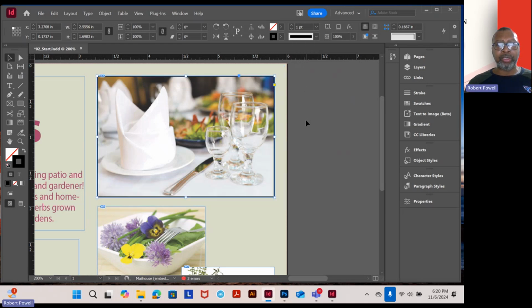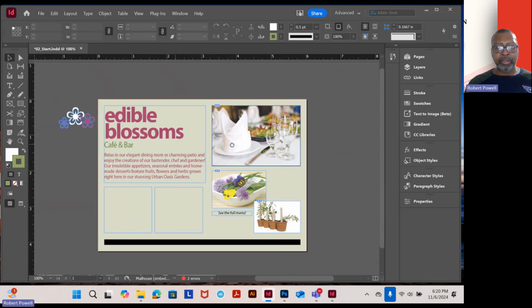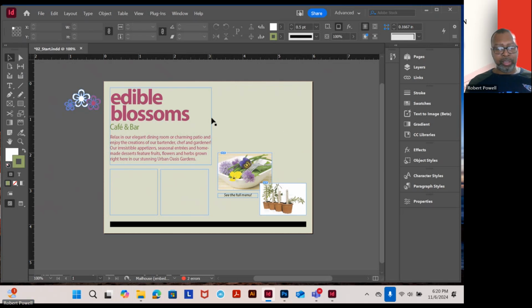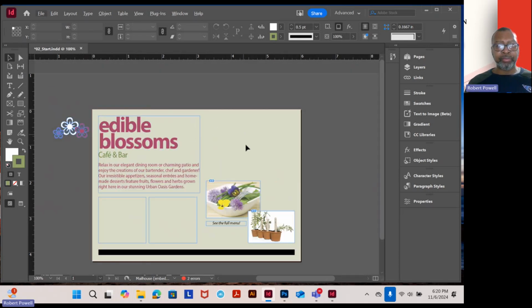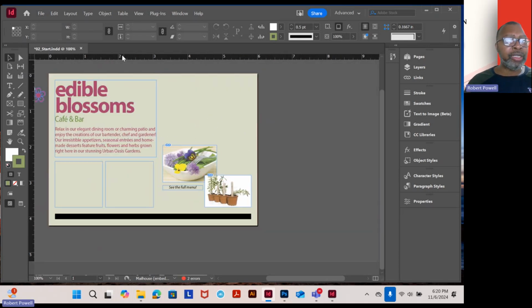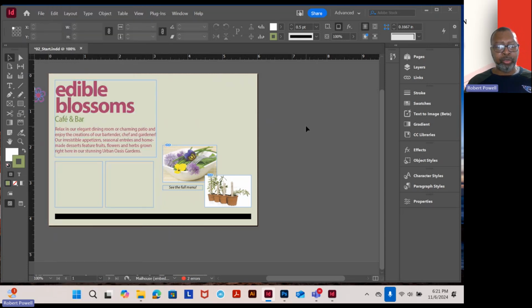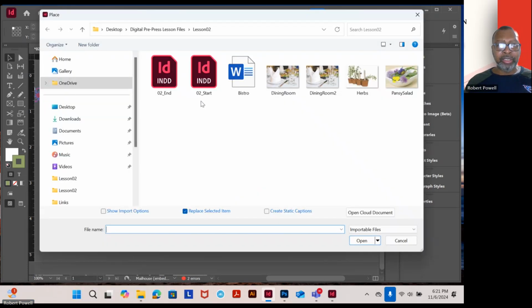Take it down to 1 point, which is a nice little size there. So let's do it one more time. I'm going to delete this, and we're going to just insert the picture again. And like I said, this is just review right now. We're going to go to File and Place, or you can hit Control D, choose your picture,